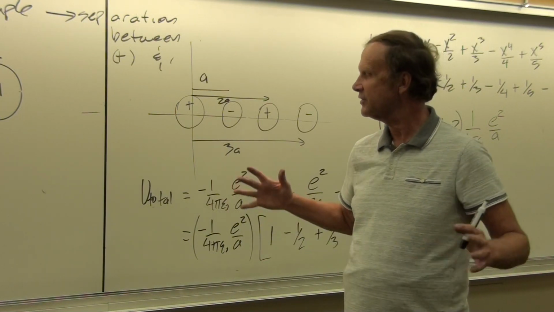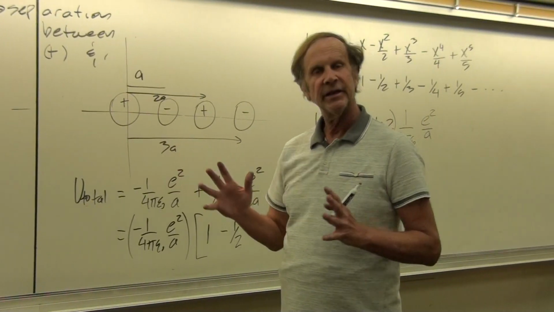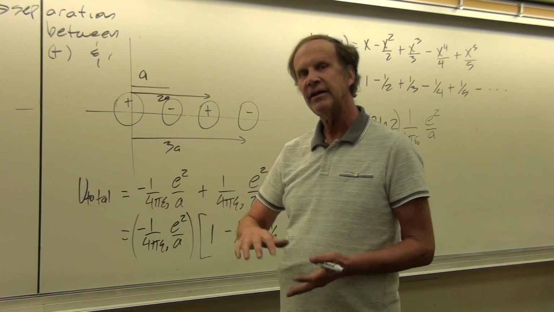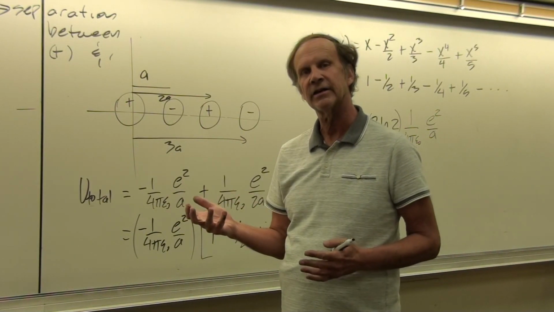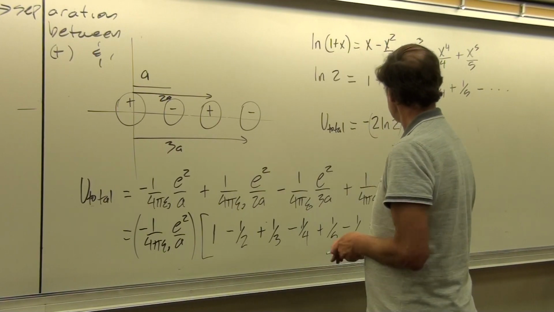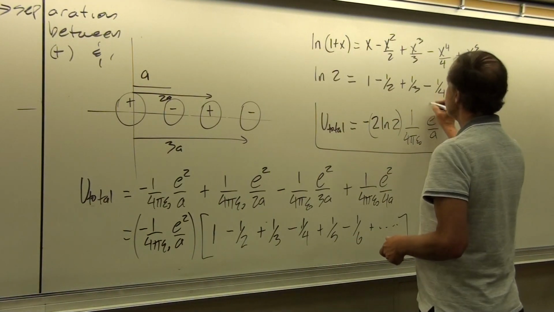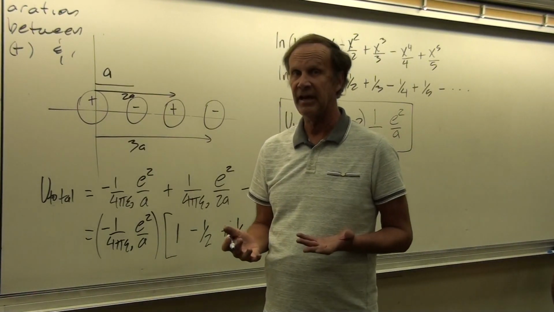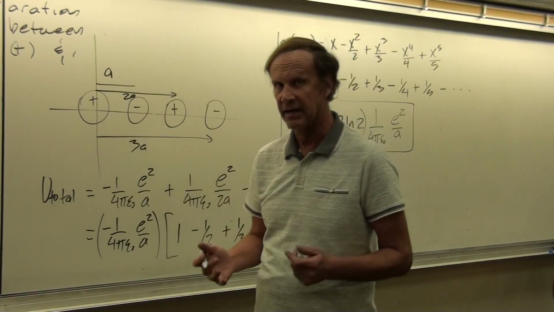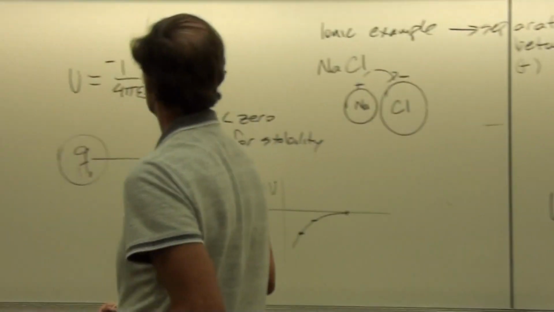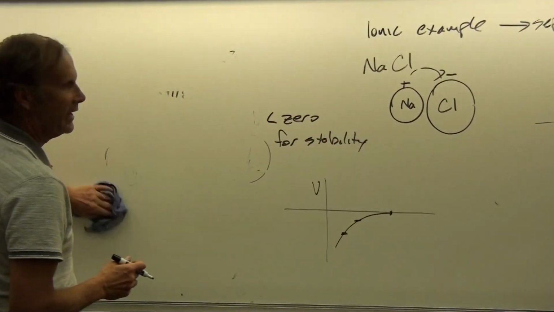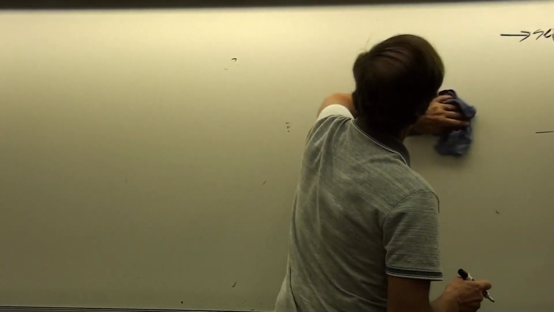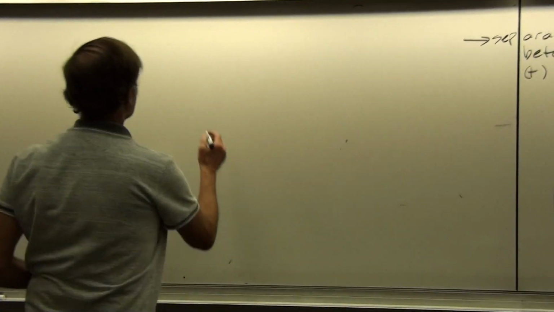So this shows us that it will spontaneously tend to go into this state, provided that there's enough energy to tear off the electron. So there are actually 2 steps here. This proves that the crystal structure itself is stable, but it already has to be an ion before this can happen. So first you have to make the ion. So here are our steps in making an ionic crystal, and this is how you calculate the energy that's contained within an ionic crystal.